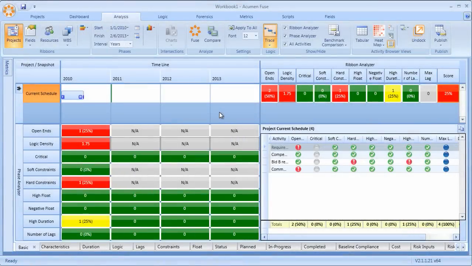Many of the metrics used for analysis within Fuse are based on industry standards, including DCMA's 14-point assessment and GAO's scheduling best practices. In addition to these, Fuse includes over 250 advanced metrics pertaining not just to schedule quality, but also spanning execution performance, earned value, earned schedule, and most recently, baseline compliance, a means of accurately tracking performance during